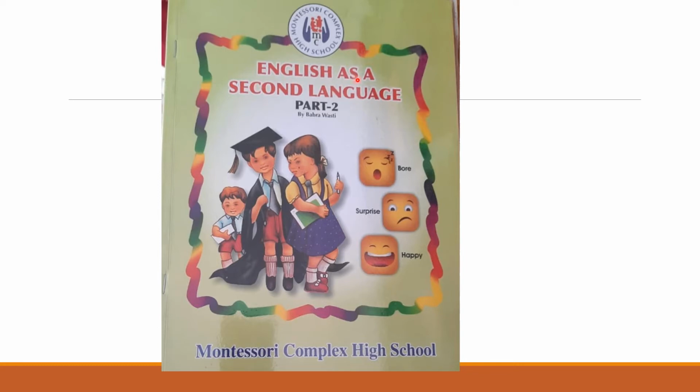Next we have English as a Second Language Part 2. This is your English grammar book for this session. Again you have to write your full name on top of the book as well as on the first page. You would have another red copy with you, in which you have to write English grammar as your subject and repeat the same details as your name, class and